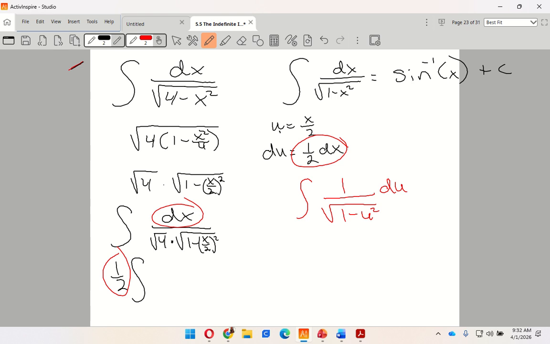Isn't that exactly the same as what we had there? Doesn't that match this? And so if that matches, that means that my integration is going to be arc sine of u plus c. And then what is u? Let's put that back. So u was x over 2. So arc sine